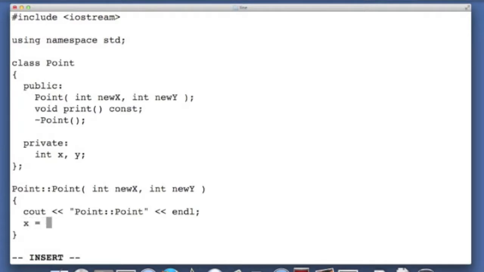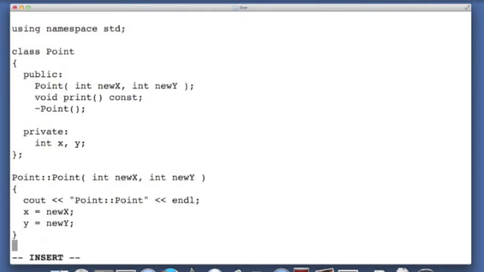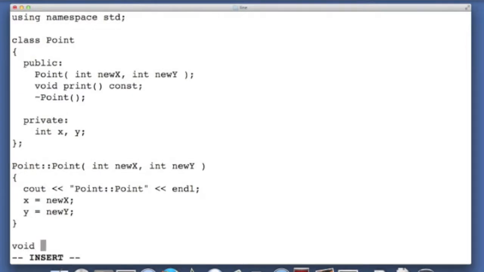And then it's going to perform its normal function. So in this case, I need to assign new x to x, and I need to assign new y to y. So there's my explicit constructor. My print method